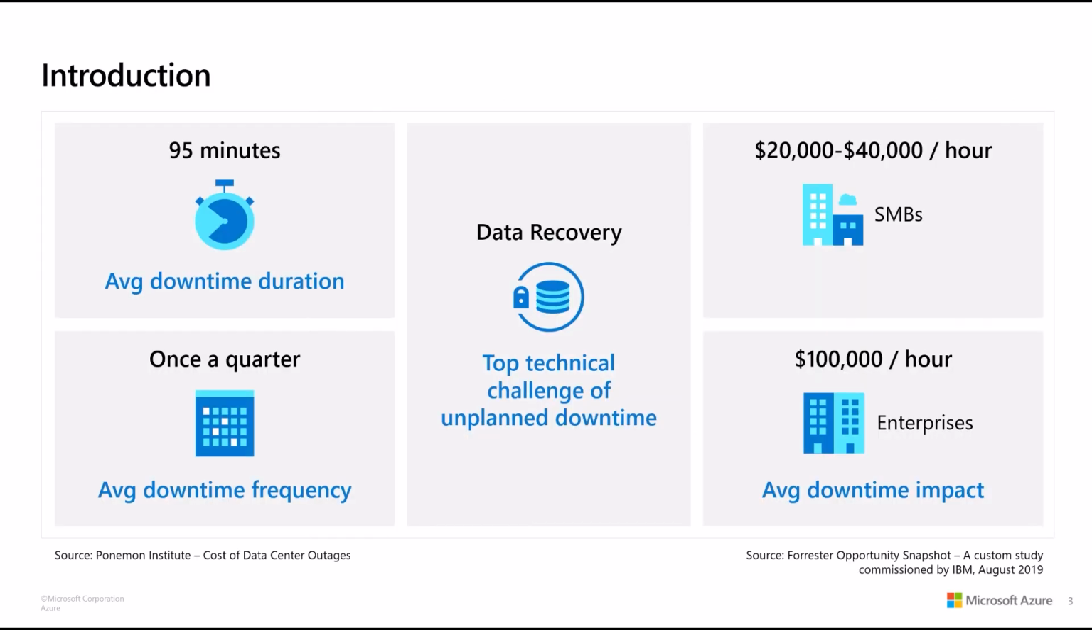In studies which have been conducted in the past, data recovery has been called out as the top technical challenge of unplanned downtime. Furthermore, the average downtime frequency is approximately once every quarter, with the downtime lasting 95 minutes on average. There are the direct costs, often measured in lost sales during the time period of the outage. Beyond the direct costs are the indirect costs, such as the impact to overall brand, which can be both greater